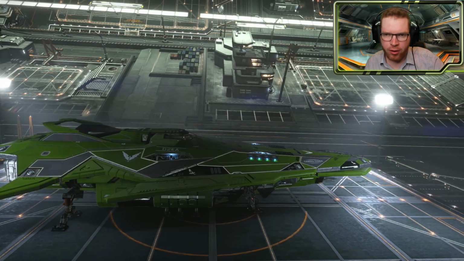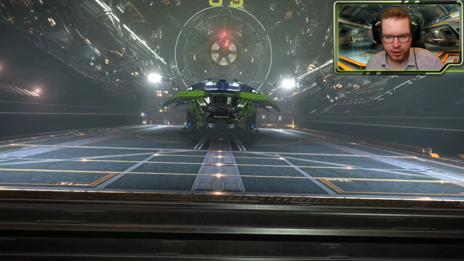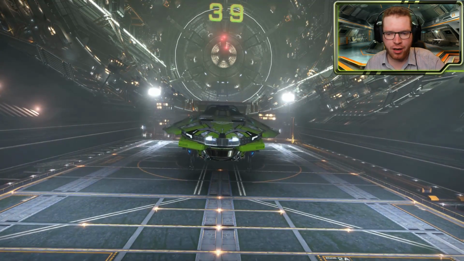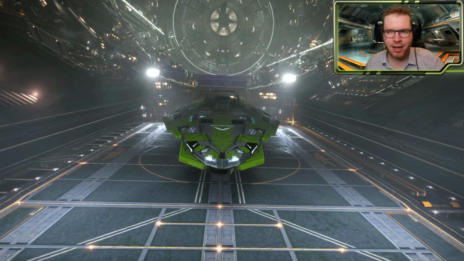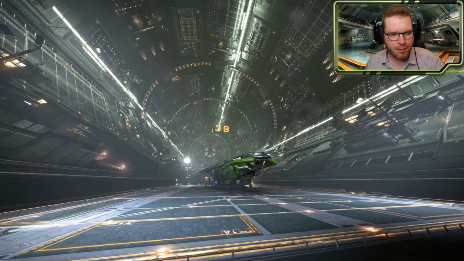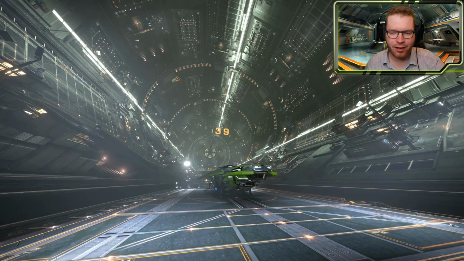I have for a very long time been very reluctant to actually do this video about my jump-a-conda build for several reasons. First of all, this is not an optimized build. I haven't min-maxed every single stat on the ship. I have a lot of modules in the ship that are really tailored to the needs that I have as a video maker, as a content creator in the game. But again, a lot of people keep asking me about the build, so I decided to finally do a video on it. And for the same reason, because it's so tailored, because it's not really optimized,